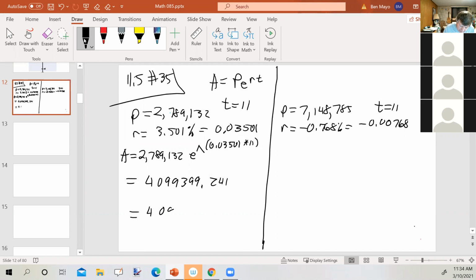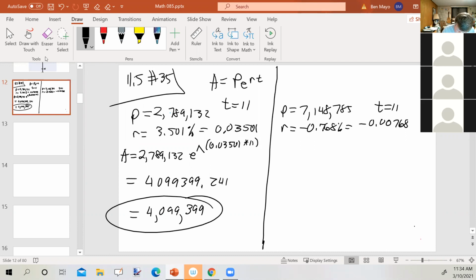So that would be 4,099,399. Okay. For the second scenario, which is Bulgaria, where in fact it's not growing, it's decaying, so that the population is shrinking, A would be